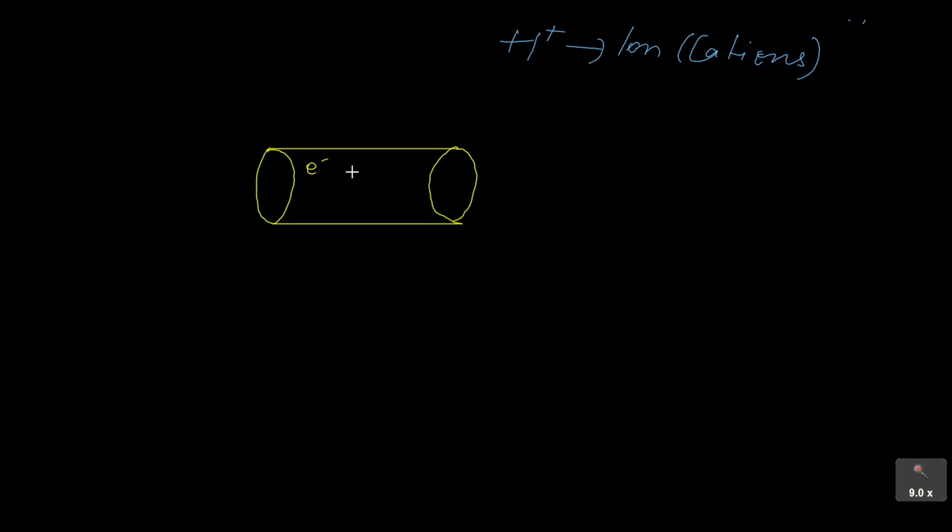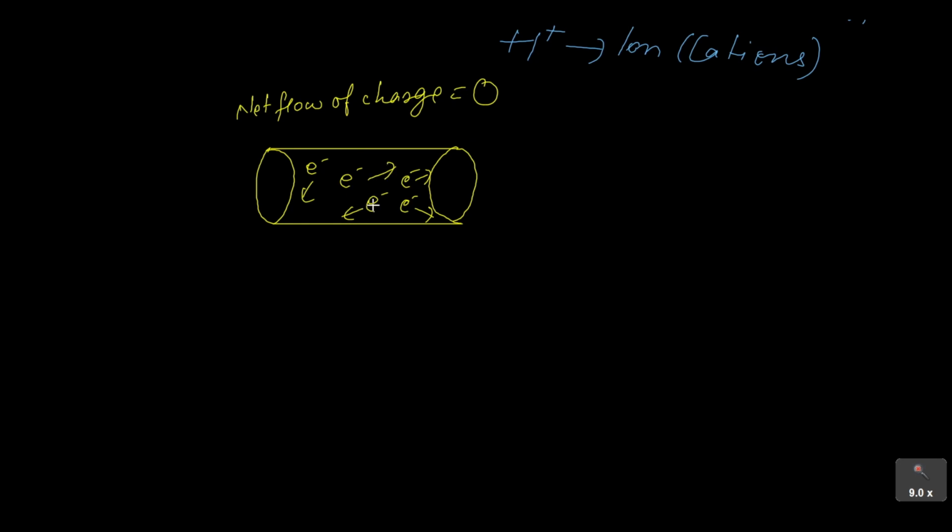There will be lots of free electrons here, but they will be randomly moving. Some will be moving in this direction, some in this direction, some in this direction. So the net flow of charge will be 0